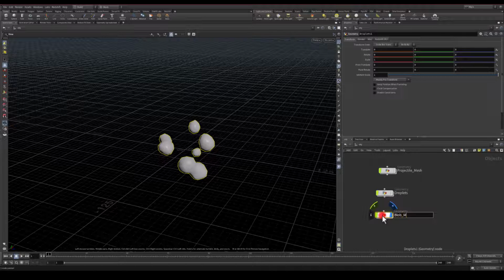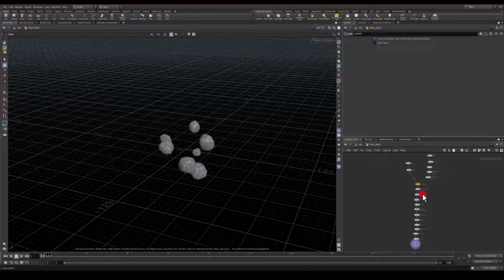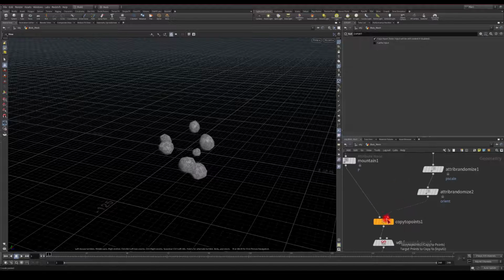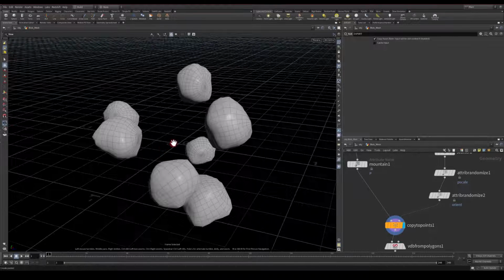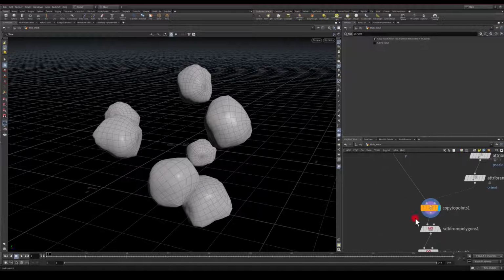and I'm gonna call this one Blob Mesh. Dive inside, and next let's try to modify it and create a blob mesh for our water projectile. So I think you can just use maybe sphere and mount it and get similar results. However, I already got the setup and I was experimenting with it, and I think just modifying it does the job for me. So I'm gonna go to copy to points, space F to frame it,